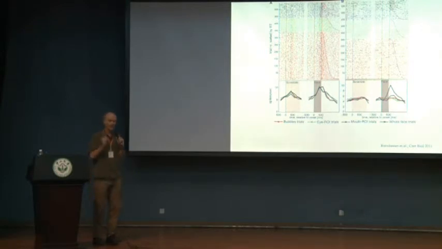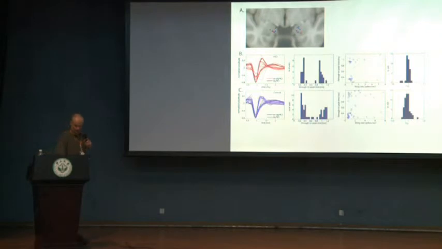So each little dot is an action potential from a single neuron in the human amygdala, and this picture just shows that you get responses to faces or to parts of faces in the human amygdala as you do in the monkey amygdala. But to finish the story, in a study that just came out, we recorded from people with epilepsy who did not have autism. That's all these blue locations, so 8 patients there. And we recorded from 2 patients who had epilepsy, but also had a diagnosis of autism. And those are those two red locations.